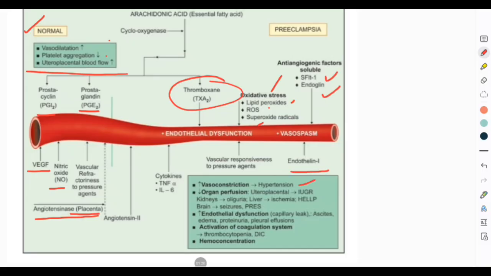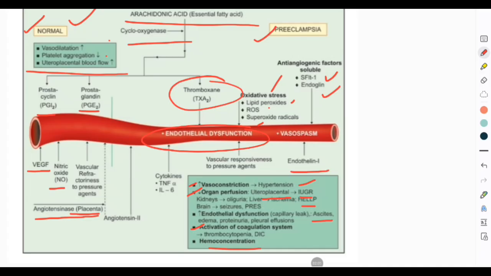Increase in vasoconstriction causes hypertension, decreased organ perfusion, uteroplacental IUGR, HELLP syndrome, endothelial dysfunction, capillary leak, ascites, then hemoconcentration is seen. So this one is preeclampsia and this one is normal. So it is an arachidonic acid pathway by cyclooxygenase which releases the prostaglandins. The main issue is that endothelial dysfunction occurs,